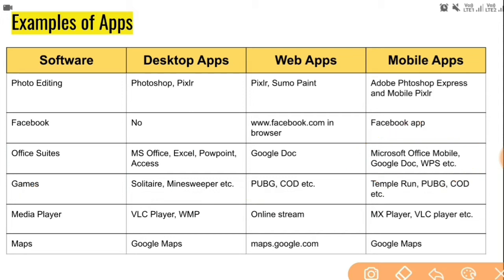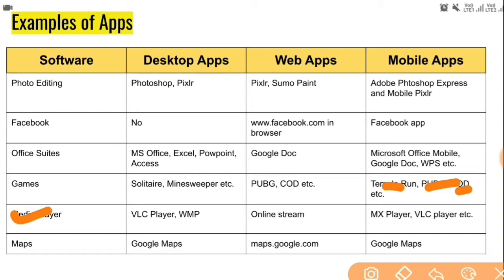Okay, the apps used on mobile are like Temple Run, PUBG, COD. These are the apps used for playing games, and they also require internet. So the desktop app is also there; we can use the same apps as we use on mobile, the same app that we use in the web browser, the same as the Solitaire app.